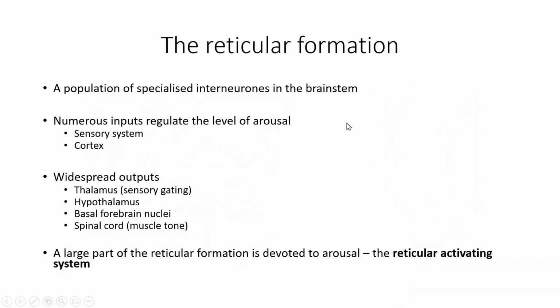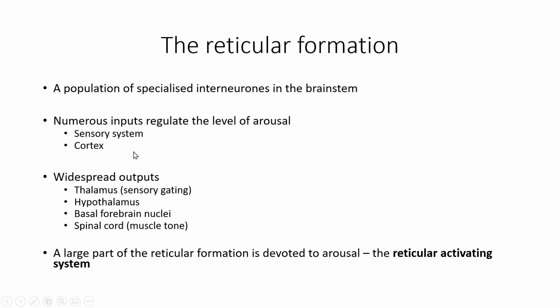So a little bit more detail on the reticular formation. As we said, it is a population of specialised interneurons present within the brainstem and throughout the full length of the brainstem, so there is reticular formation in the midbrain, the pons and the medulla. It has many inputs. It has inputs from the sensory system and inputs from the cortex as well. Okay, and you can kind of relate that to your everyday experience. Think about trying to get to sleep. You can't get to sleep if you've got a lot of sensory input, because it is stimulating the reticular formation. Furthermore, you can't get to sleep if you've got a lot of thoughts in your head, so that's a lot of input from the cortex down onto the reticular formation.